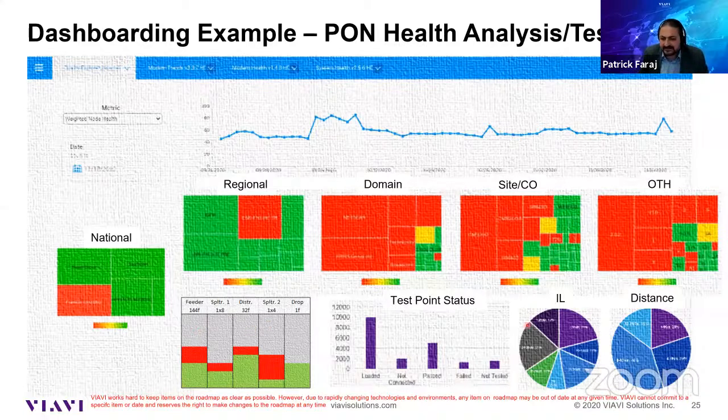And you can get a pie chart of the different insertion loss levels, but also the different distances in your network. So you can have full control of your network management, and you know everything that's happening at the right distances in your network, and you can report it. Those reports, we see a lot of customers using it for upper management, for CEOs, to give them a health check on the network and give them reports on